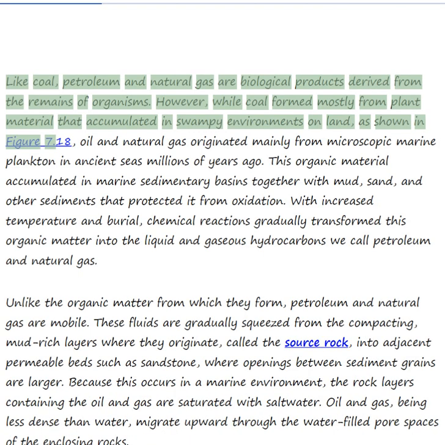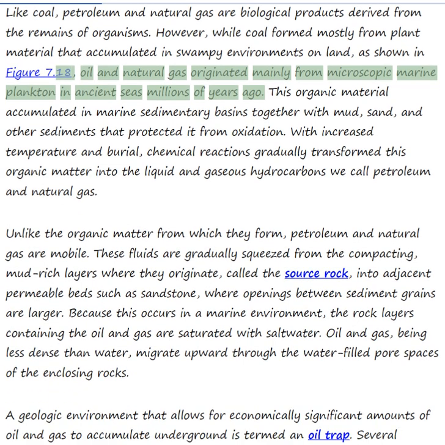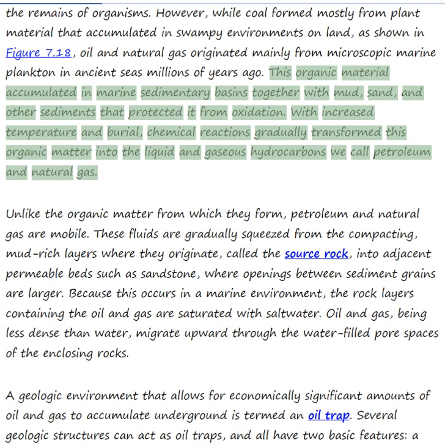Like coal, petroleum and natural gas are biological products derived from the remains of organisms. However, while coal formed mostly from plant material that accumulated in swampy environments on land, as shown in Figure 7.18, oil and natural gas originated mainly from microscopic marine plankton in ancient seas millions of years ago. This organic material accumulated in marine sedimentary basins together with mud, sand, and other sediments that protected it from oxidation. With increased temperature and burial, chemical reactions gradually transformed this organic matter into the liquid and gaseous hydrocarbons we call